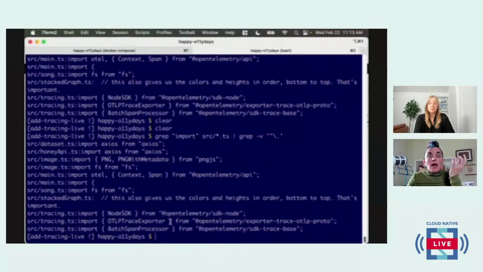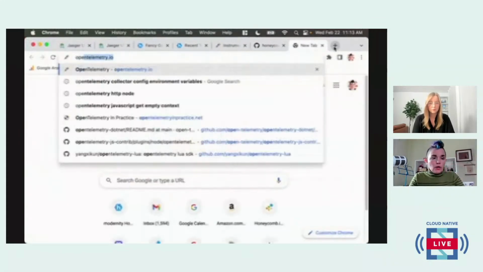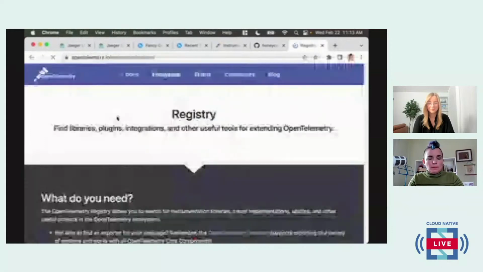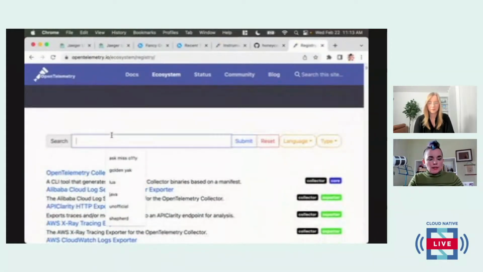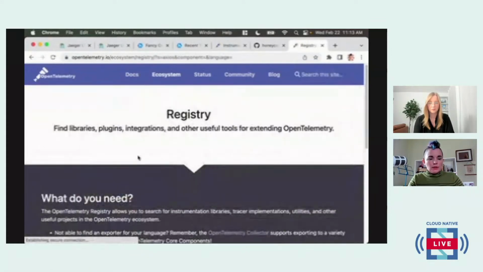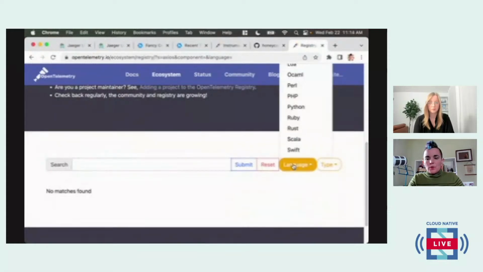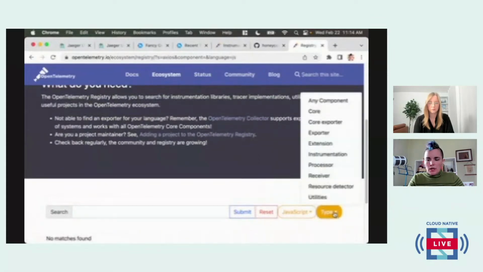Okay, so I want auto instrumentation for Axios and file system. And when I want auto instrumentation, I always go to opentelemetry.io/registry. Registry, and then I scroll down until I find the search box, and then I type Axios. No matches found. Dun dun dun. Well, what do we have for Node? So if I look at JavaScript and type